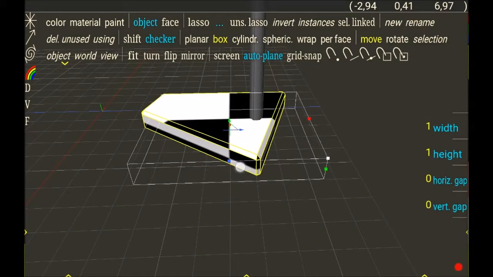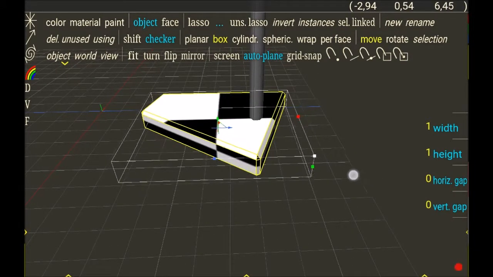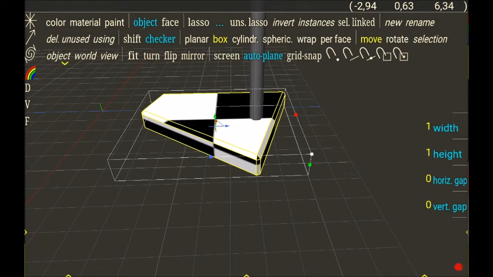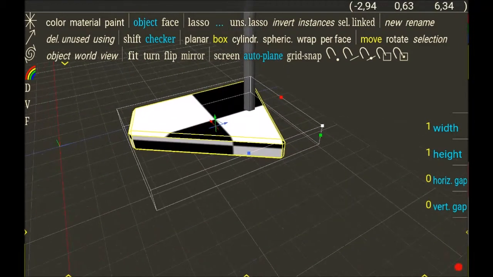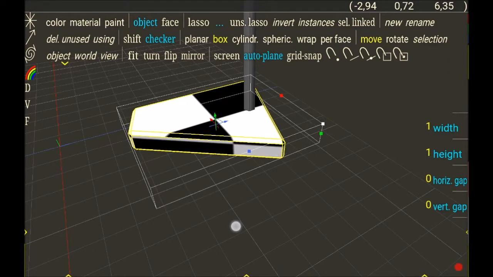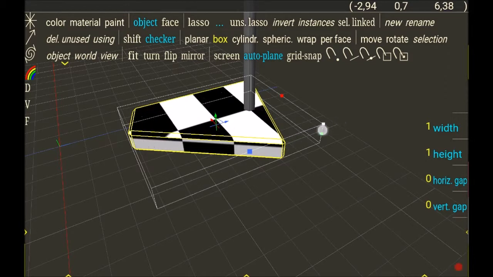So if you click, you can move the projection surrounding box. But also if you tap on these dots, you can change some scaling,